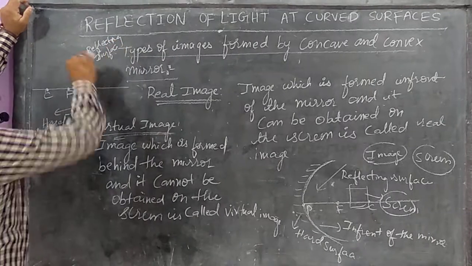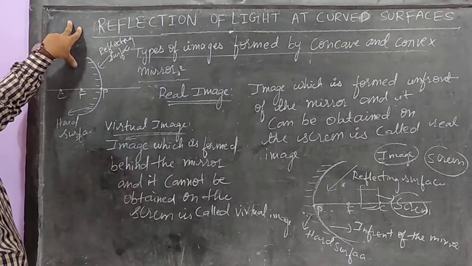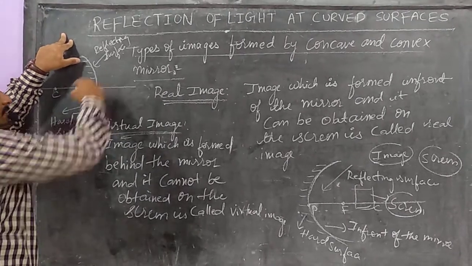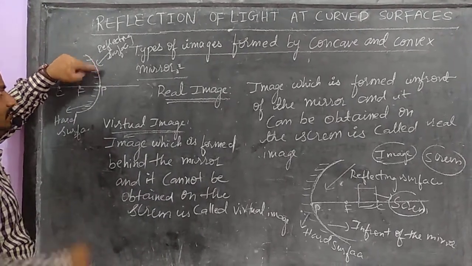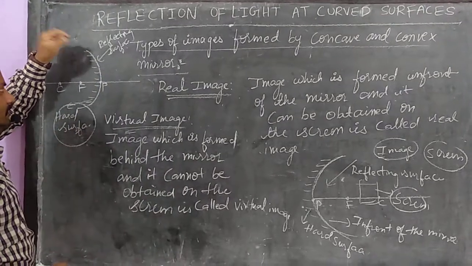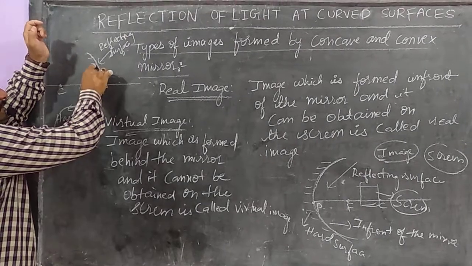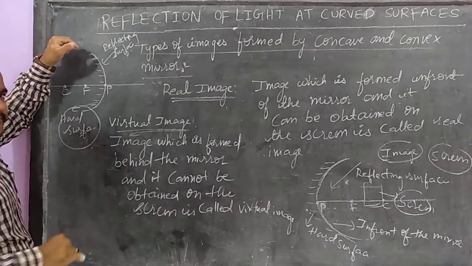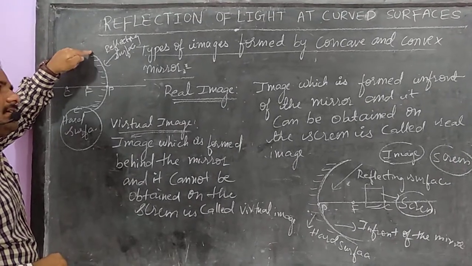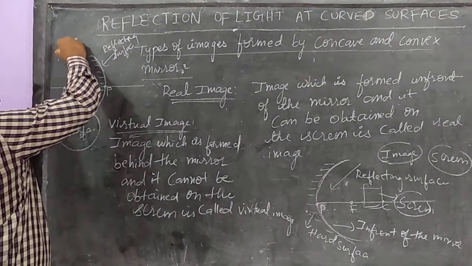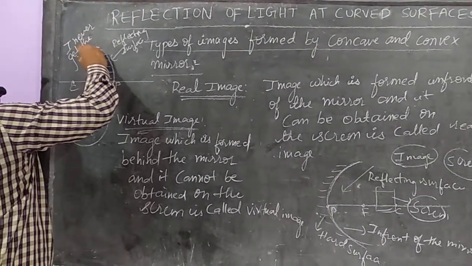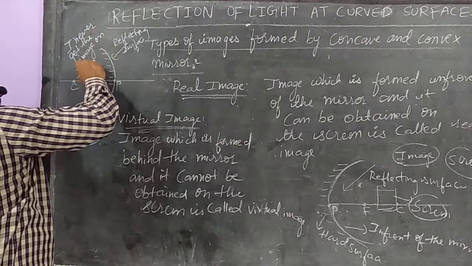We studied about the focus for convex mirror. The light will fall on the outside of the reflecting surface, but the light cannot go inside because the inside surface is a hard surface. So what should we do? With the help of imaginary lines, we will get the image. But when I see the convex mirror, I never get the image on the screen.